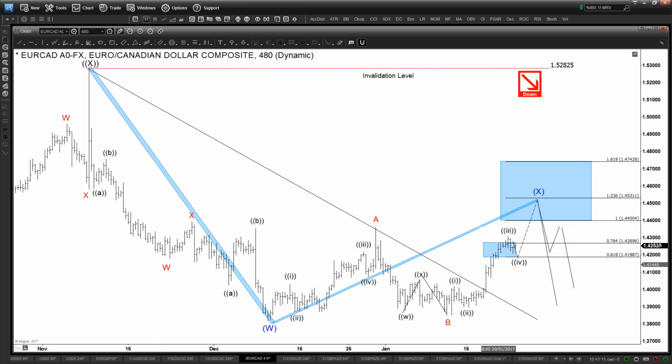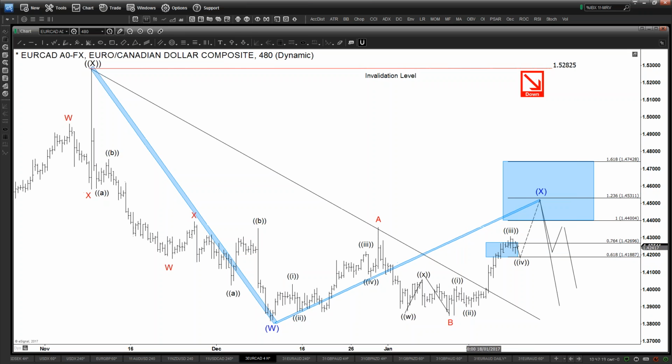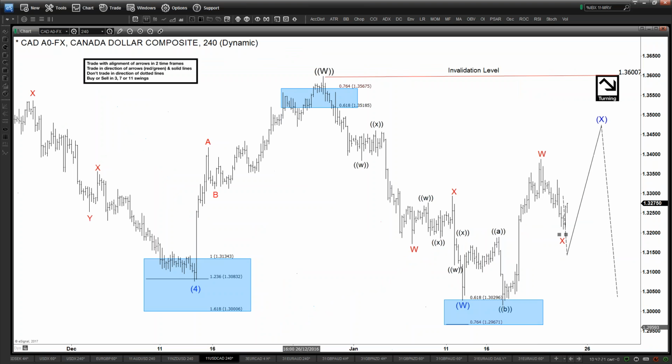Okay, so because of that, we know the CAD is not going to be that strong. CAD would be weak even with the last push up in the euro. So because of that, we're calling